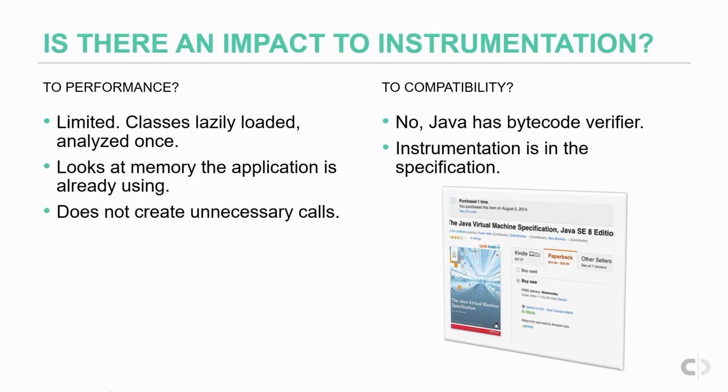It just sits inside of the API calls that are already running, and it uses the same memory for what the application has already loaded. Now, the impact on compatibility is nil because Java has a bytecode verifier, so it validates all of that stuff anyways, and that's covered by a part of the Java language specification, in this case specifically the Java virtual machine